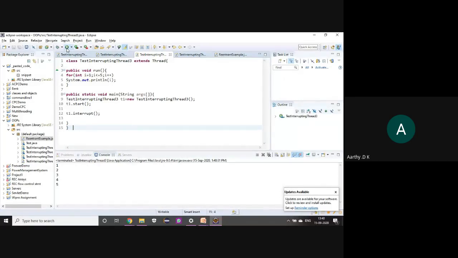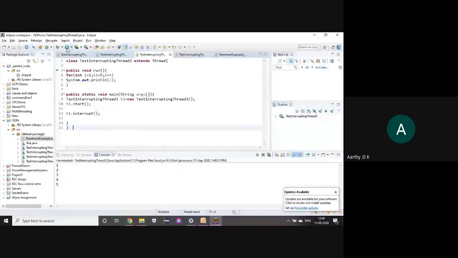If you want to check whether the thread is interrupted or not, we have methods that help us find out. I'll once again tell you how threads can be interrupted. First, the thread can be interrupted when it is in sleep or wait, and the execution of the thread can be stopped.